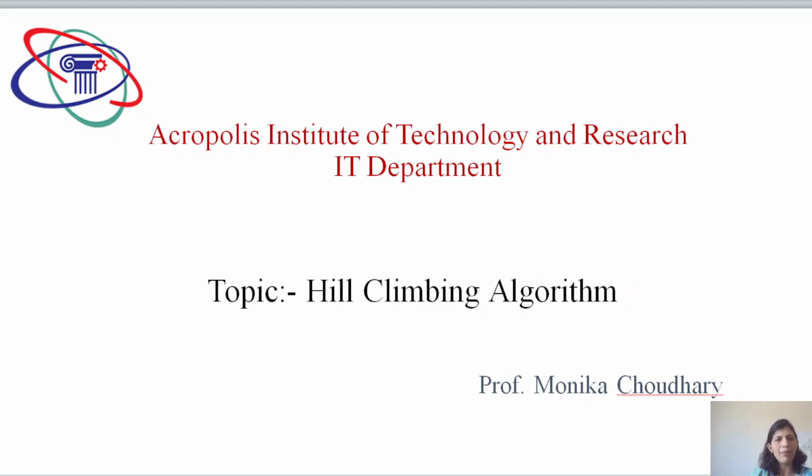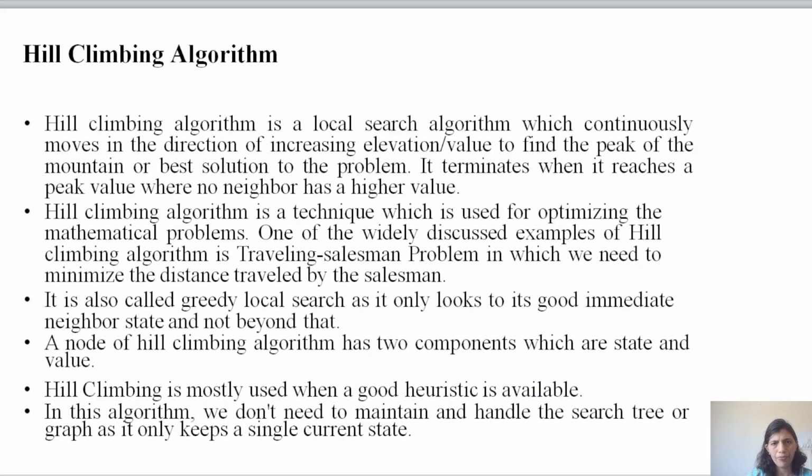Now, what is the hill climbing algorithm, why should we use it, and when do we have to use it? First, this is a type of local search algorithm, which means it will search the area around the surroundings and give us the maximum value from that local search. It is also known as a type of heuristic search algorithm. The meaning of heuristic is that we have some previous knowledge and previous data,